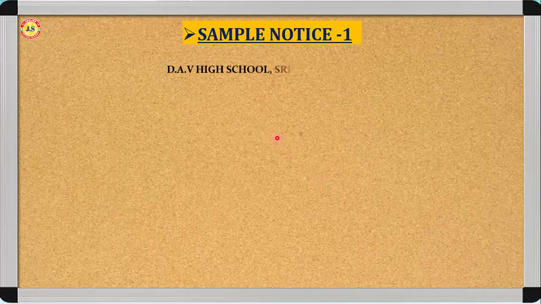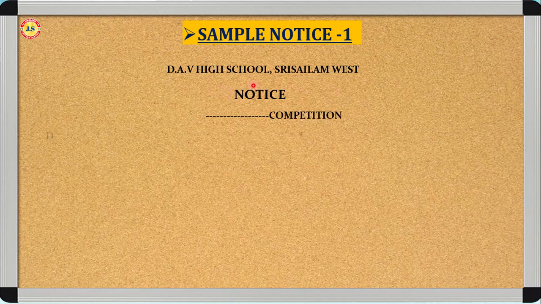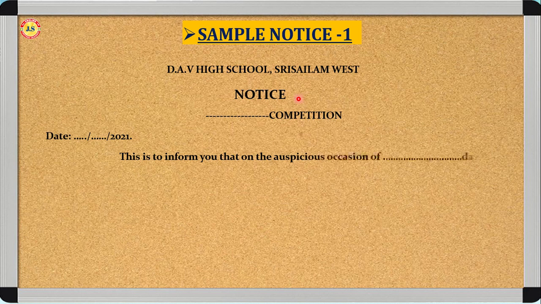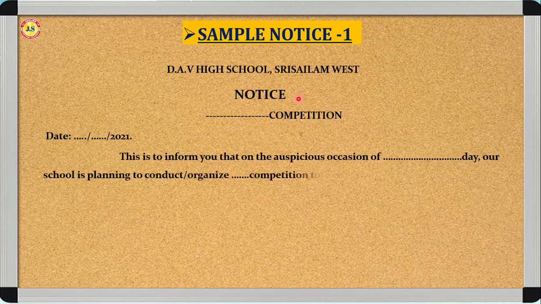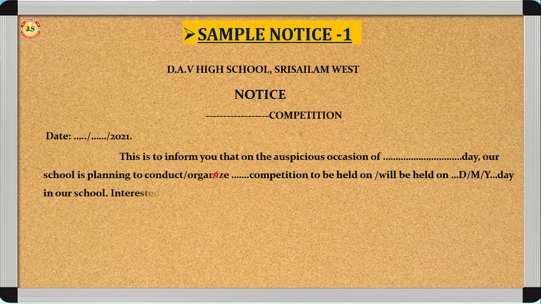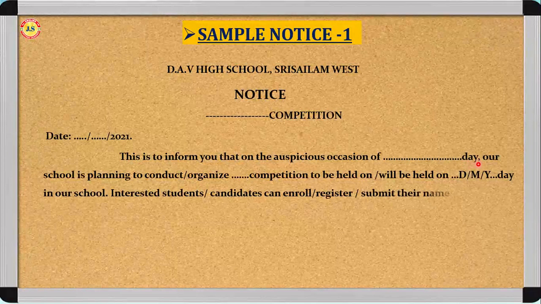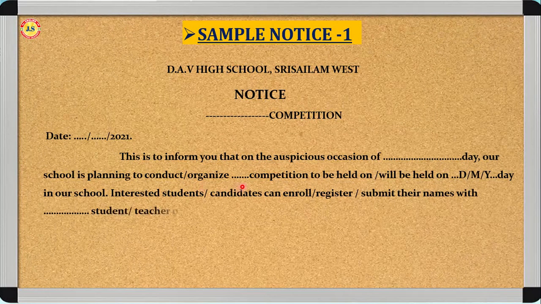Now we will see one sample notice. For example, you can start with the name of the school, that is DAV High School, Sri Salem West. Notice. And here the competition should be mentioned, and after that a date should be written, and here the body of the notice should be written like this: This is to inform you that on the auspicious occasion of, here the day should be mentioned, our school is planning to conduct or organize so and so competition to be held on date, month,